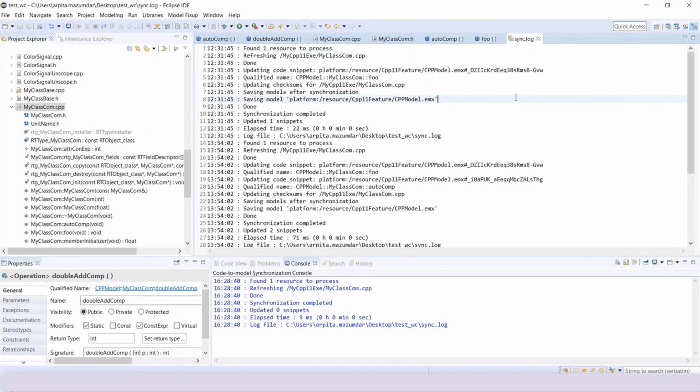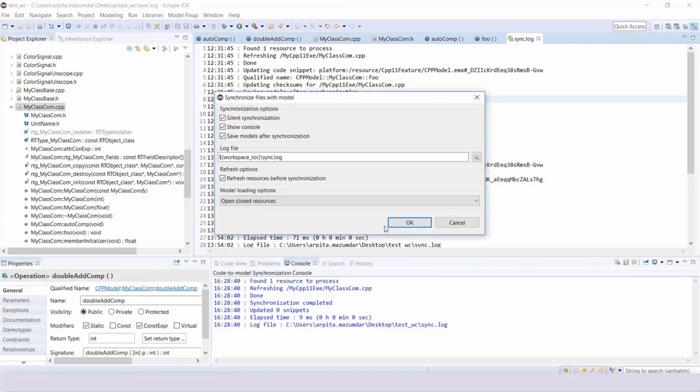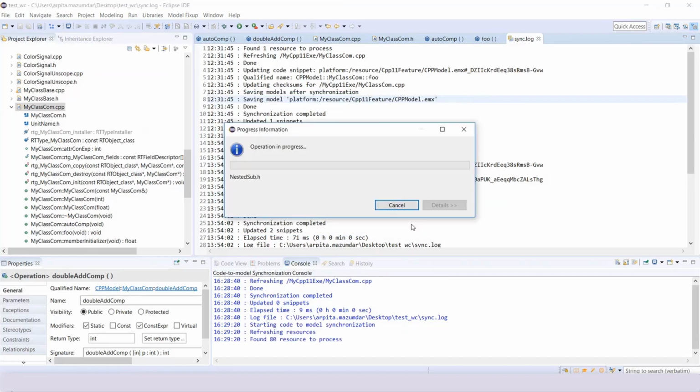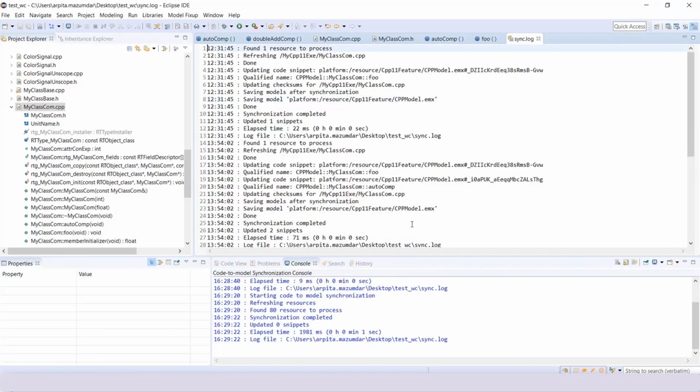It is recommended that you use the synchronized workspace when you are working on multiple CPP files which are in different projects. It becomes quite difficult to go to each CPP file and select synchronize from the context menu. When you use the synchronized workspace, it will synchronize all the changes that you have done in different CPP files which are in different projects. So this is what we have about code synchronization in our CDT editors using external editors.